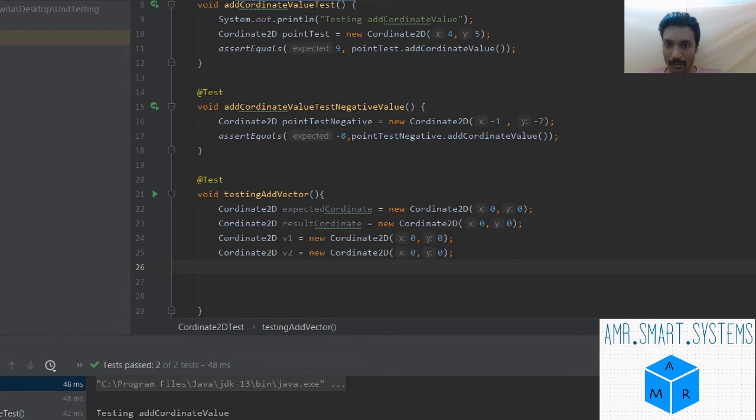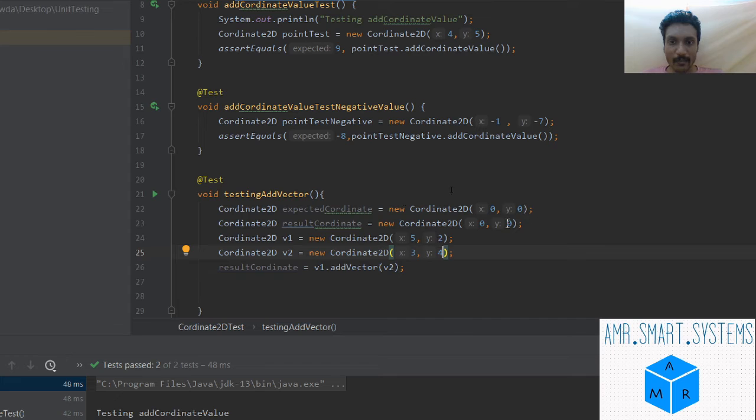Now the result coordinate will be equal to v1 dot addVector v2. So let's take an example here. Maybe we'll say 5, 2 and 3, 4.